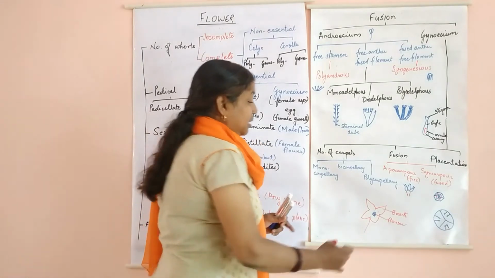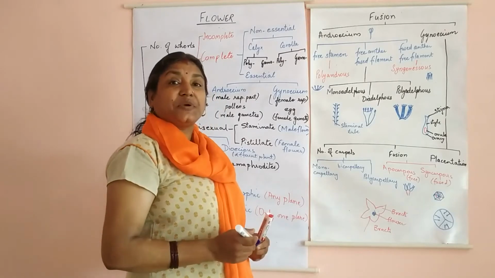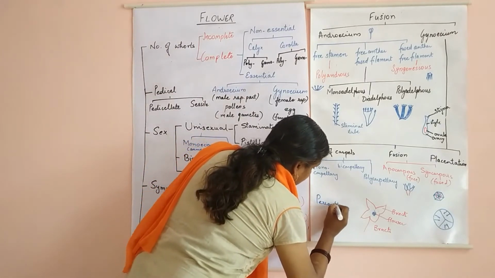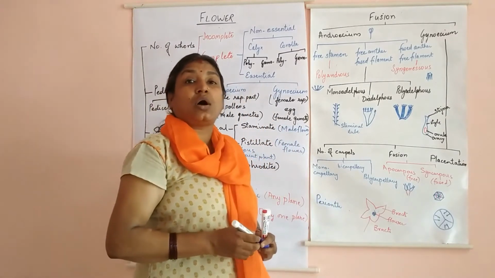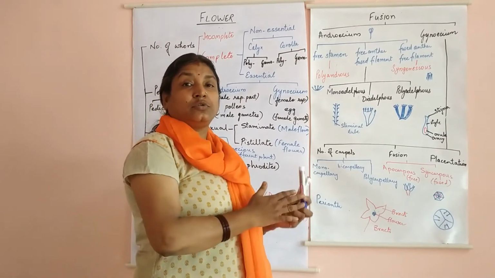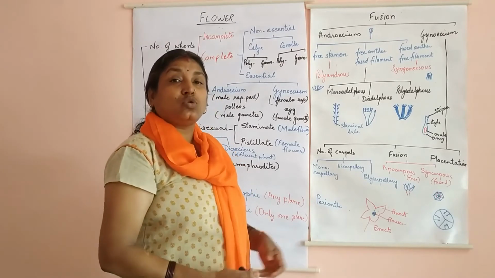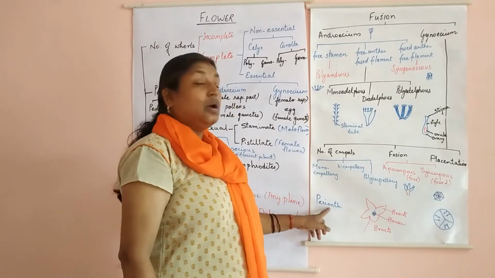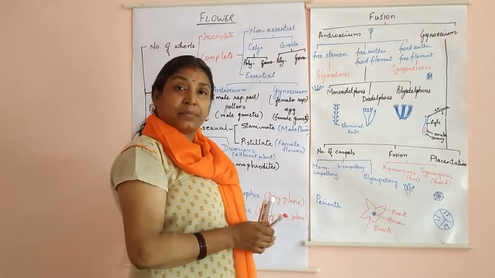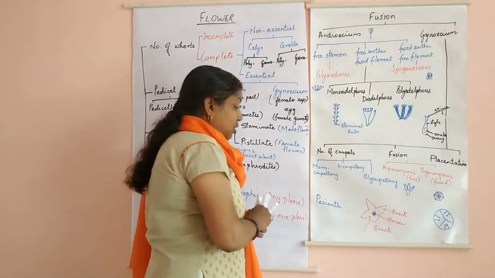So here we are talking about bracts. Then we have perianth. Another special feature of the flower is perianth. Sometimes calyx and corolla are not clearly differentiated. They are fused and we cannot make out whether it is calyx or corolla. In such cases, those units are known as perianth. Each unit of calyx is a sepal, each unit of corolla is a petal. In the same way, each unit of perianth is a tepal.